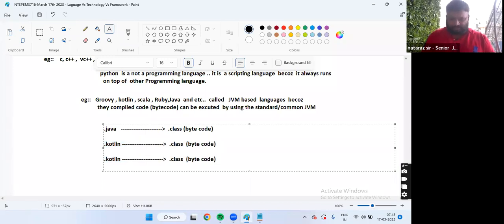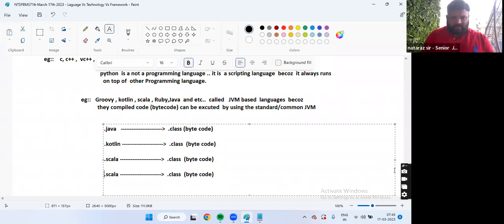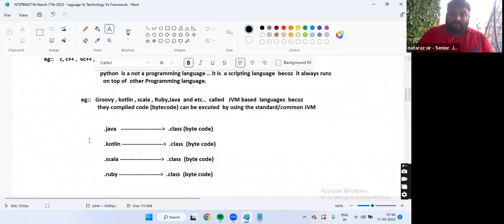Scala. After compilation, what will you get, guys? .class file. Bytecode only. Everyone getting my point? Okay, Ruby. After compilation, what will you get? Bytecode only. Each has its own syntax.